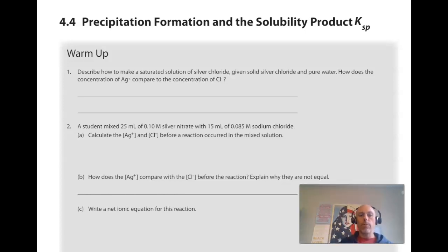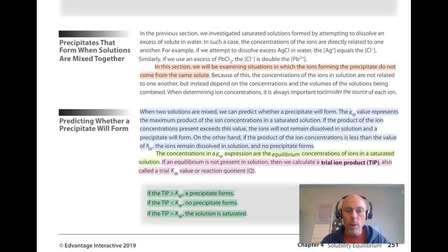This is lecture 4.4 on precipitation formation using what we know already about solubility, product, equilibrium, Ksp, and also the common ion effect. I'm going to scroll down my page here and get us started. From page 251 of the textbook, 259 of the ebook, looking at the section here titled Precipitates that form when